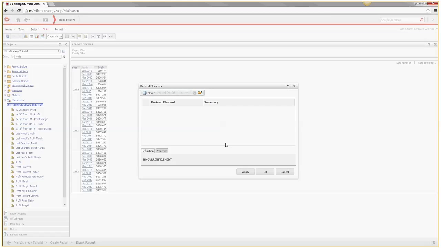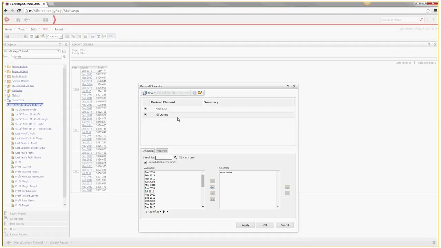Now, what do we want to do? We want to create a new list. A derived element can be a list, a calculation or a filter. Calculation and filters are a bit more advanced, so for the sake of the training I would like to restrict the scope to a list.